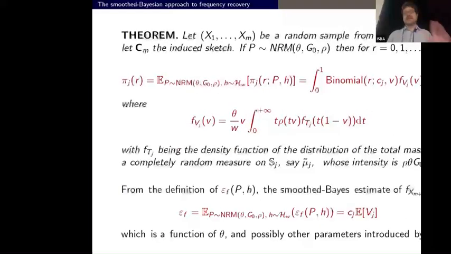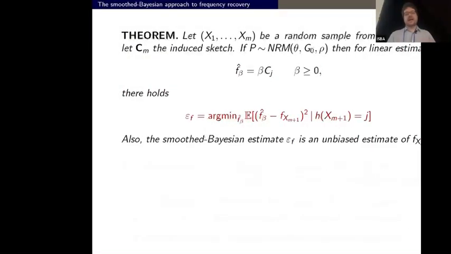Okay, so this estimate is non-Bayesian. I mean, because I'm not computing any posterior expectation. So let me try to see, under a Bayesian model, what is this estimate? Okay, so if I assume a Bayesian model, what is this estimate? Okay, and I have this result that says that the estimate that I consider,